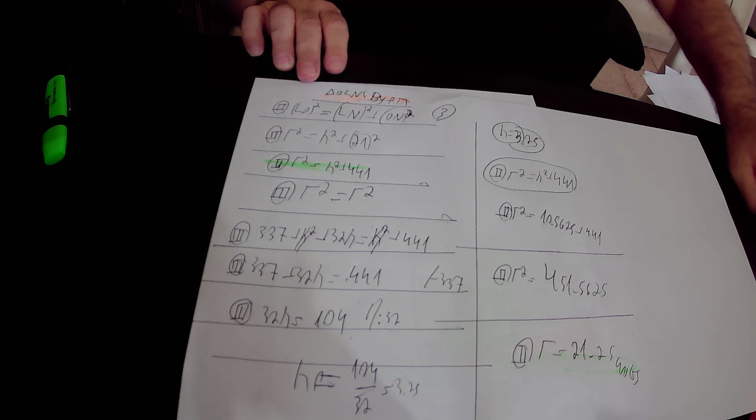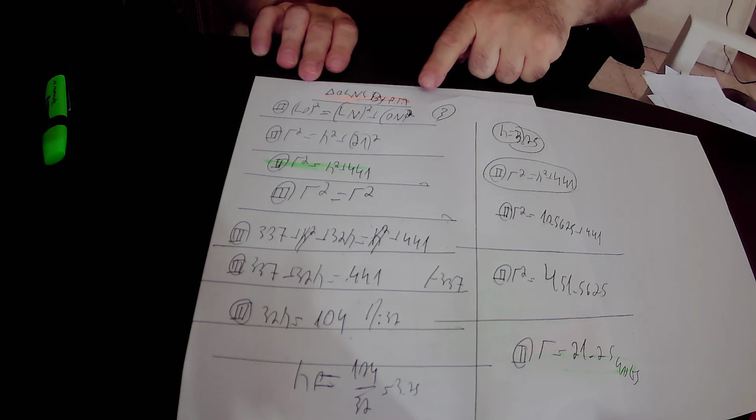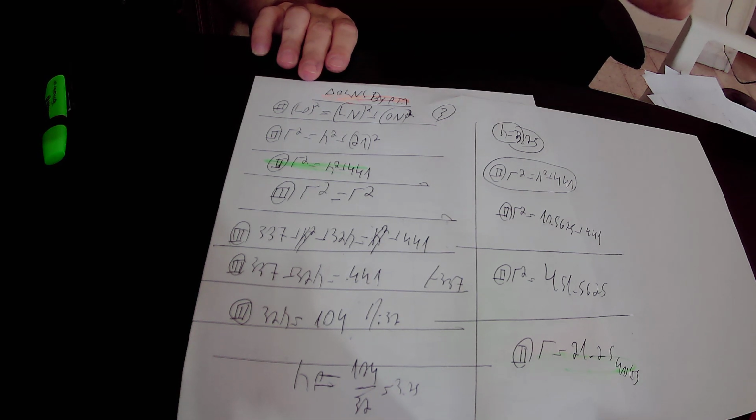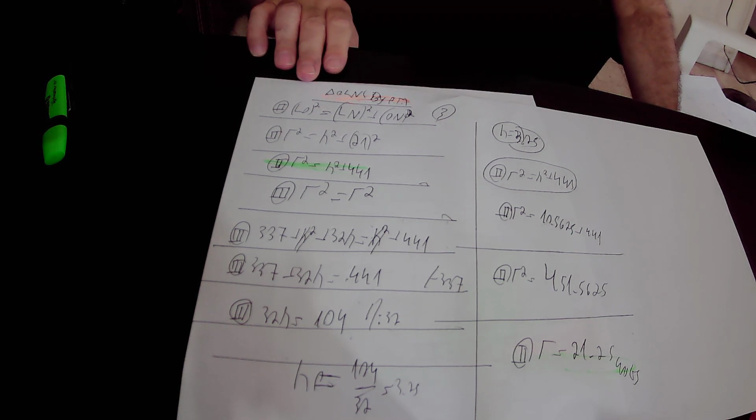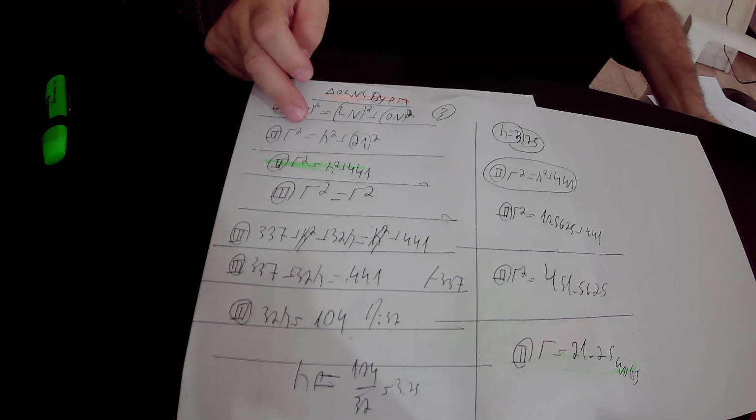OL is R, therefore OL square is R square, and it is equal to LN square plus NO square. LN equals H, therefore LN square is H square. NO equals 21, therefore NO square is 21 square. And 21 square is 441, so in conclusion, we found that according to equation number 2, R square equals